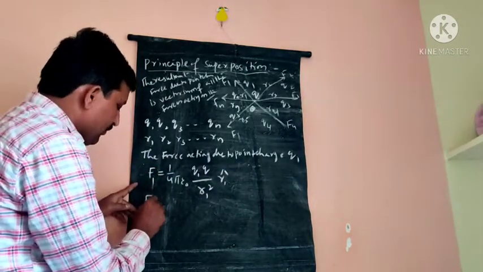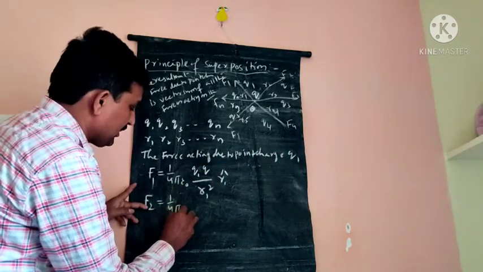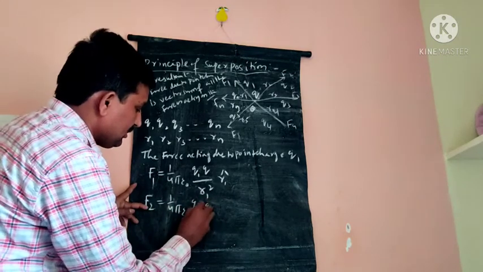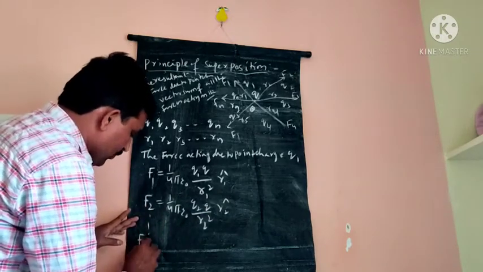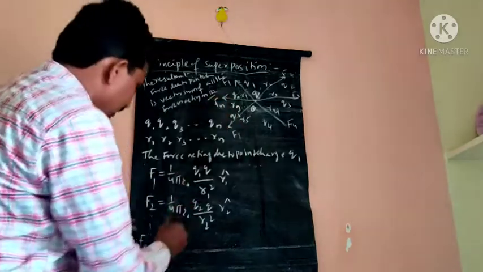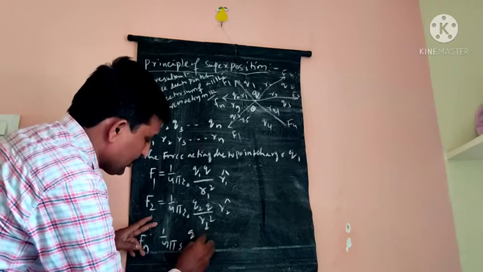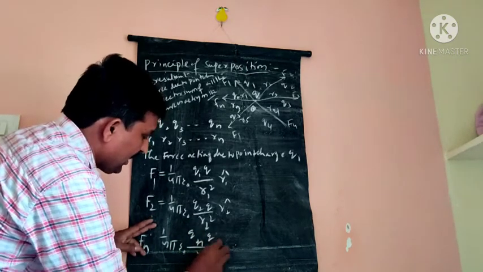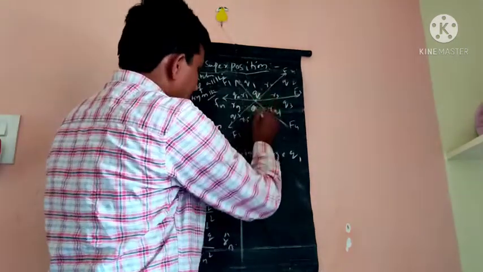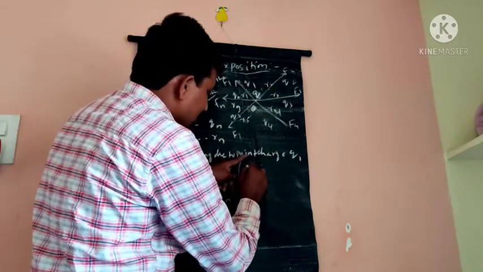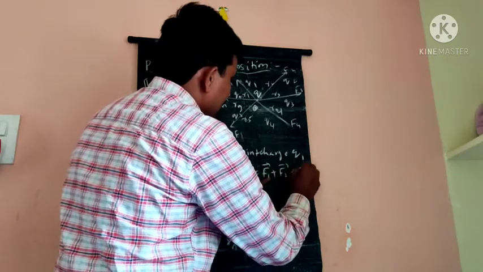Similarly, the force acting due to point charge Q2, F2 is equal to 1 by 4 pi epsilon naught, Q2 Q by R2 square, R2 cap. And similarly, the force due to point charge Qn, Fn is equal to 1 by 4 pi epsilon naught, Qn Q by Rn square, Rn cap. So the total force acting on the point charge Q, F is equal to F1 plus F2, F3 and so on,